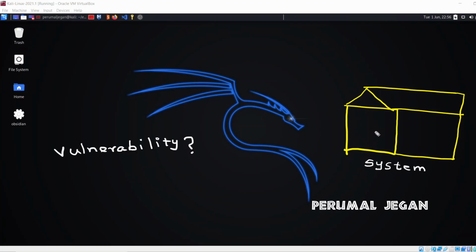When you see this house has no entrances, it means there is no break-in point. But you cannot keep your system, your network, like this. You need to create some pathway for communication. The network wants to communicate with some other network or some other system. In that case, you will be creating some entry point.